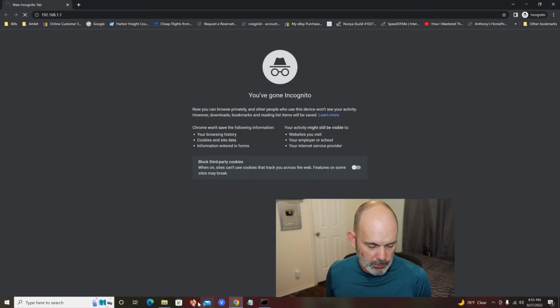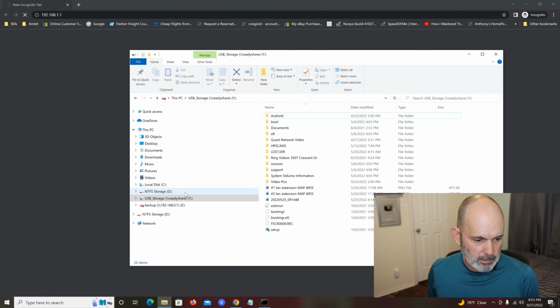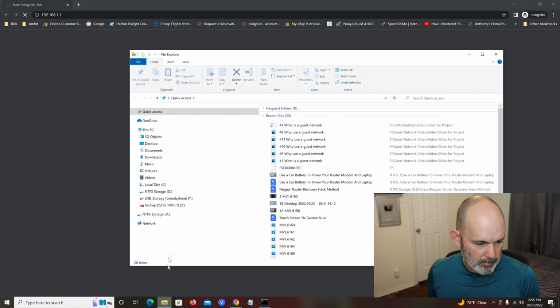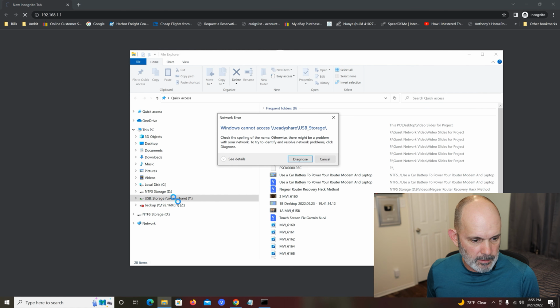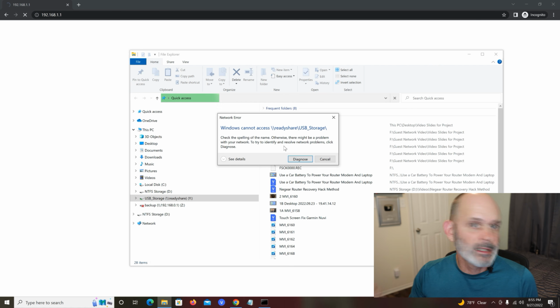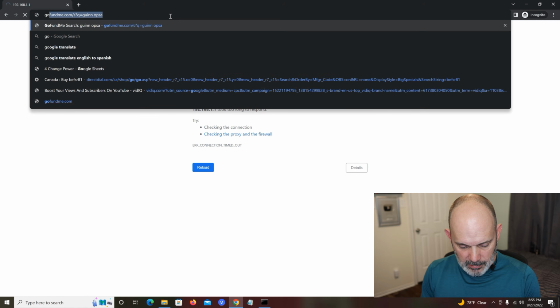Now we go down here to our share, and let's just refresh this, open it up again. There we go. Now, see what happens? Can't access this USB storage. Exactly what it should do, see? But we can surf the internet, no problem. So if we go to Google,